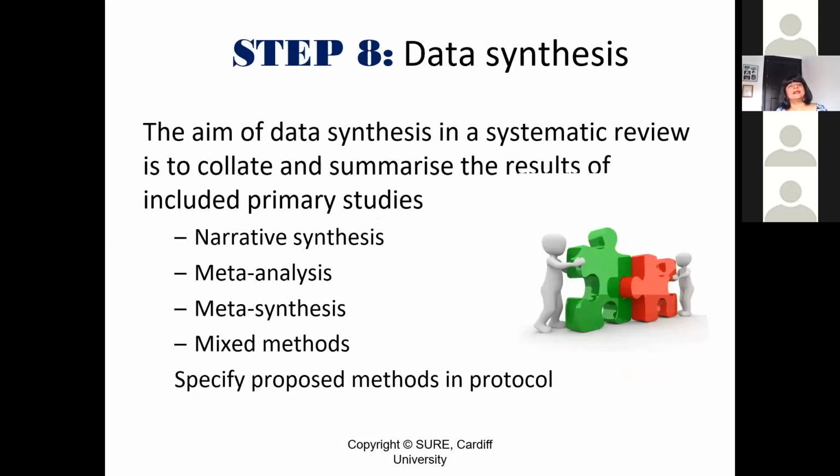Step 8 is data synthesis. The aim of data synthesis in a systematic review is to collate and summarize the results of included primary studies. So you could do a narrative synthesis, where you write in words and include tables to explain how you gathered the evidence, or meta-analysis, or meta-synthesis where you're looking at qualitative research,